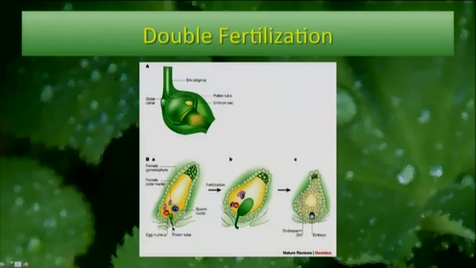Here's the pollen tube, and the pollen tube will discharge the sperm cells into the female gametophyte. Here you have one sperm fusing with the egg. That becomes the embryo, and you have one sperm fusing with the two central cells, or polar nuclei, and that divides and divides and becomes this nutritive tissue known as the endosperm. Very nutritious. Oils and proteins and carbohydrates, everything you need.